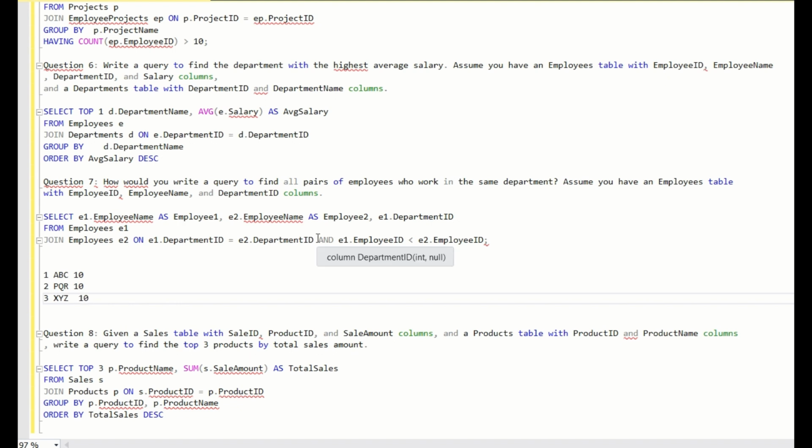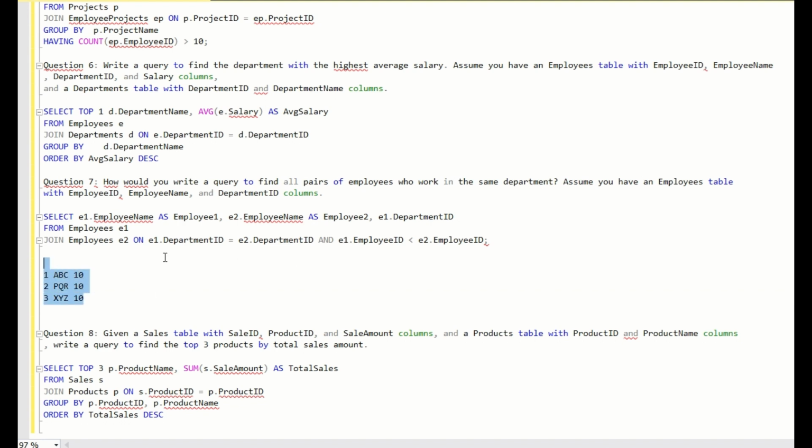So when you join on department ID, that means this column you are joining. There are 3 rows, right? So ABC will be joined with ABC, PQR and XYZ, and similarly PQR will be joined with ABC, PQR and XYZ. Basically a cross join will happen on all these 3 rows,